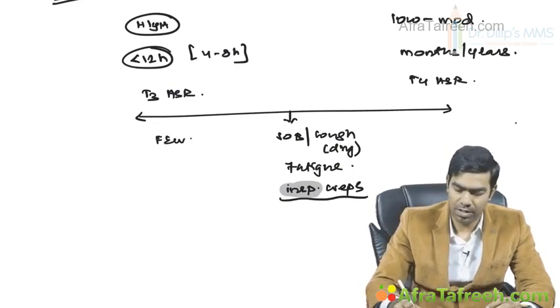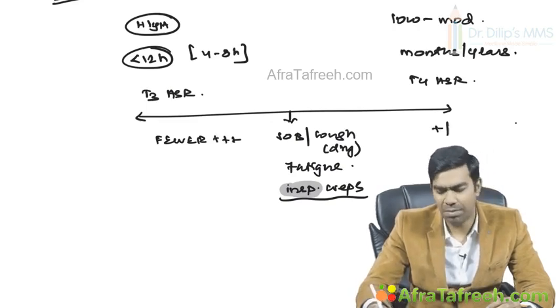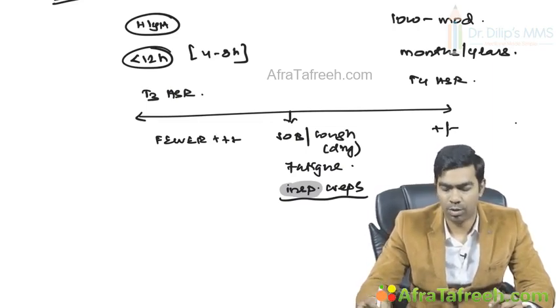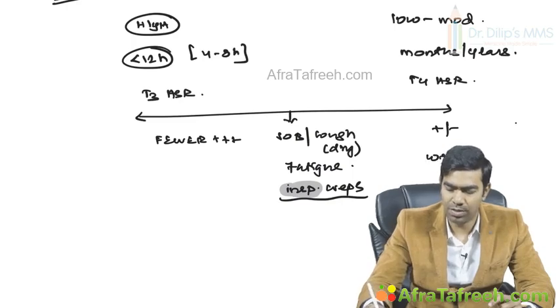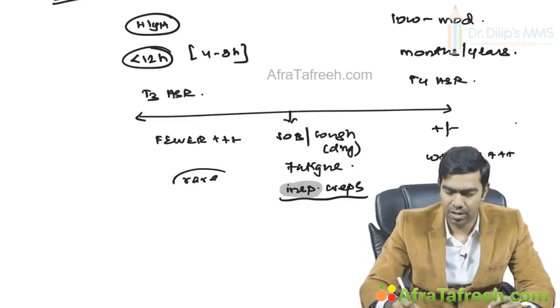Remember, fever is very common in acute hypersensitivity pneumonitis, whereas in chronic hypersensitivity pneumonitis it may or may not be present and is a little bit rare. Similarly, weight loss is going to be a feature of chronic hypersensitivity pneumonitis, whereas it's very rare in acute hypersensitivity